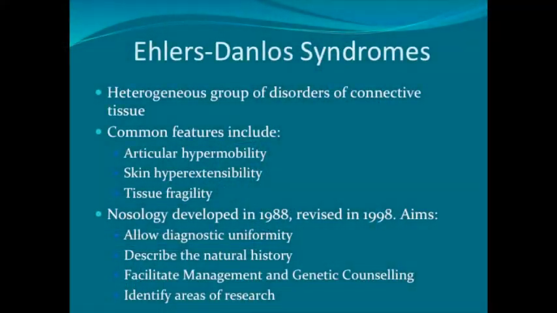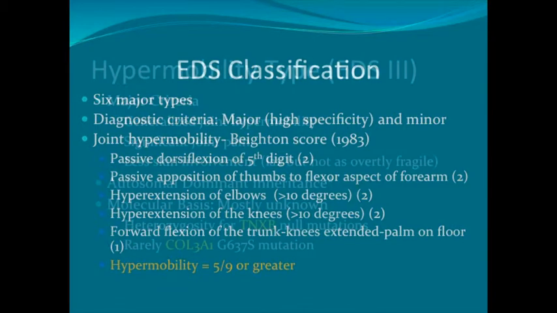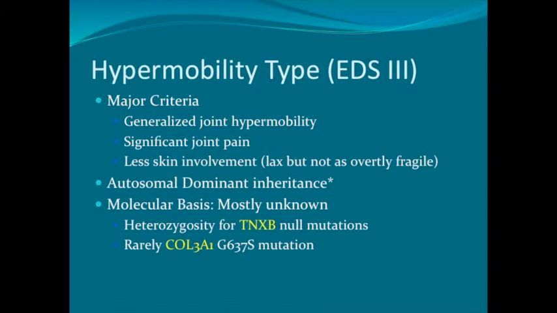Ehlers-Danlos are very heterogeneous, as we already discussed, and we heard about the nosology, so I'm not going to linger there. There are 6 major types, and of the major types, we do have good correlation with some of the genetic basis of them, but for type 3, the hypermobility type, we have not been able. So, classical type,